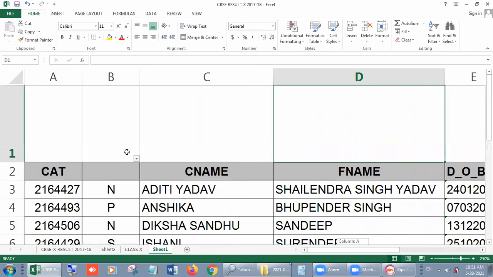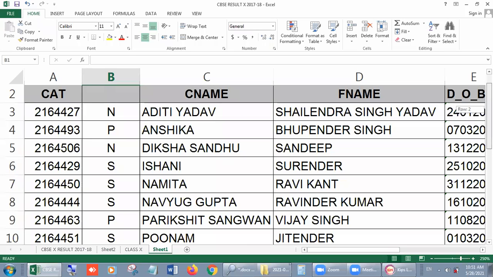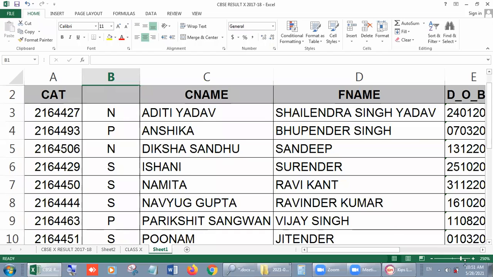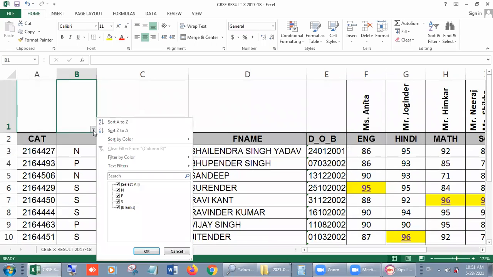Look students, when you click on filter, then you have this button on the selected column. When you click on it, you will have some options.